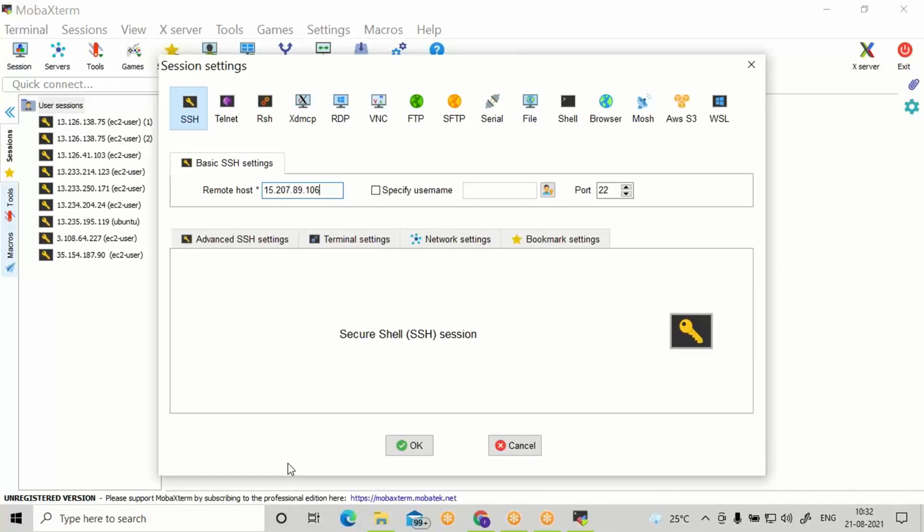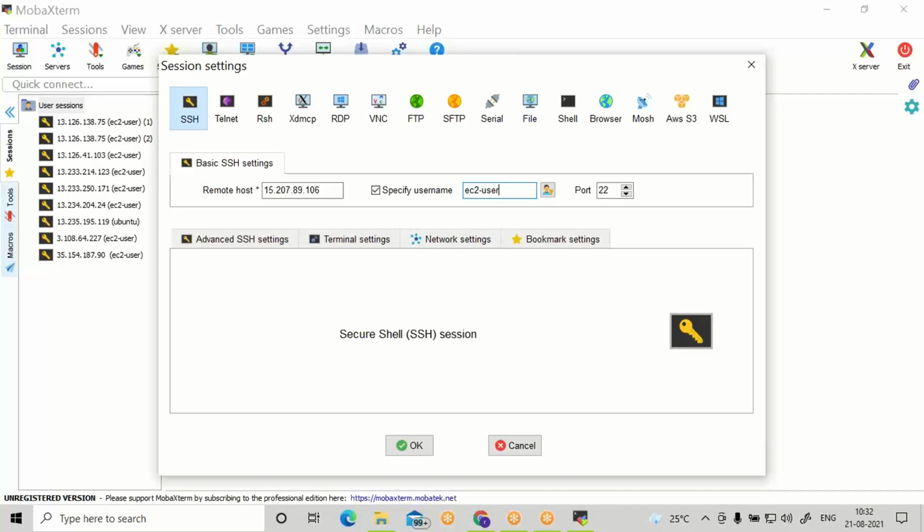For this EC2 instance, specify the username, the username with which you are trying to connect. Specify the username: ec2-user. The default username is ec2-user.